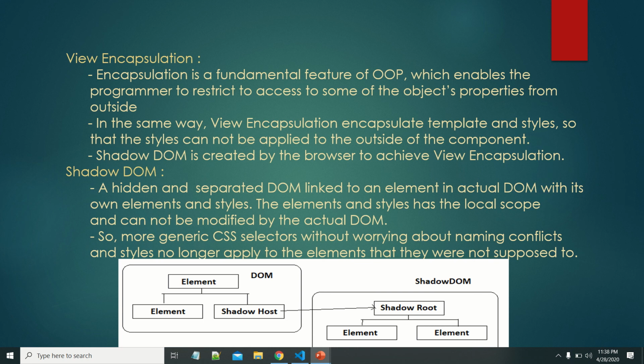This shadow DOM has its own elements and styles, and these have local scope to that shadow DOM and cannot be modified by the actual DOM. If a component is created by Angular, Angular creates a shadow DOM in the browser. With this, Angular can achieve encapsulation so that the styles belonging to one component cannot affect other parts of the HTML elements.